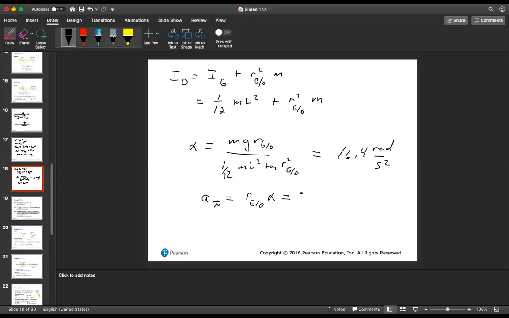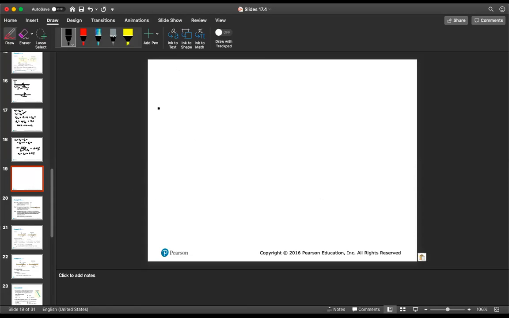And that is 2.45 meters per second squared. Okay, and then from the tangential equation,